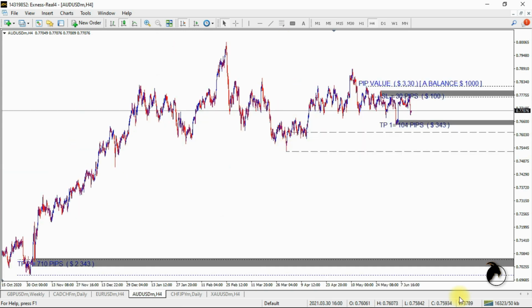Oh, there it is. And that one there. So if you hit both of your targets, which is this one and this one, this will be your potential profit. This one and also this one. So you'll add these two together, which will change your account balance to